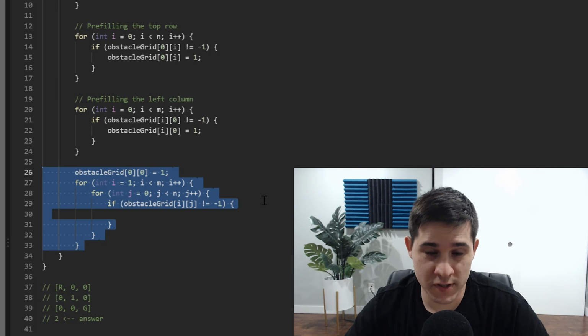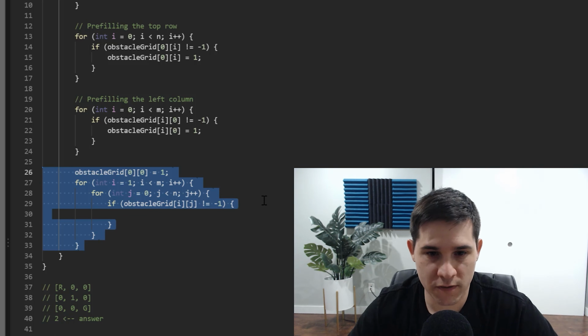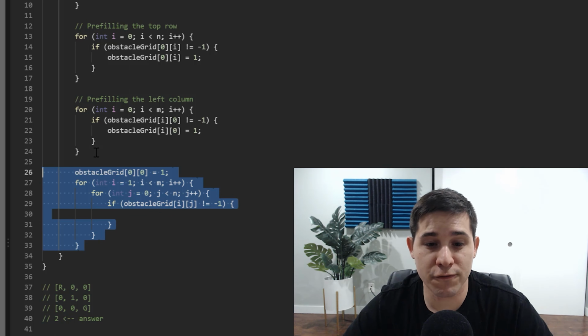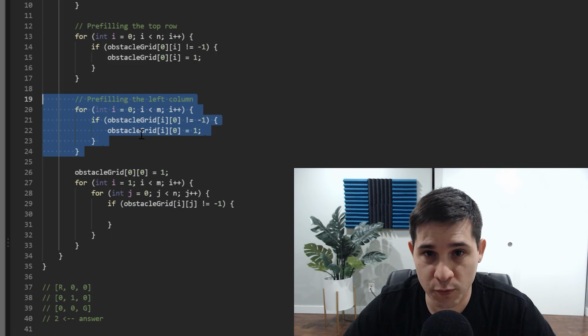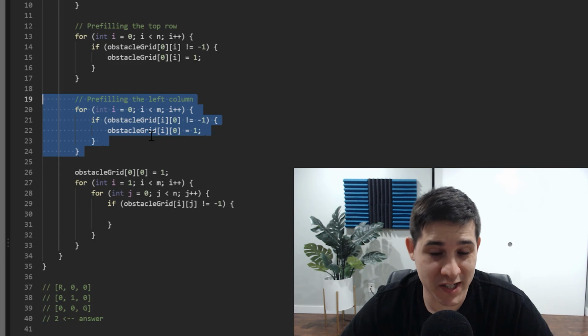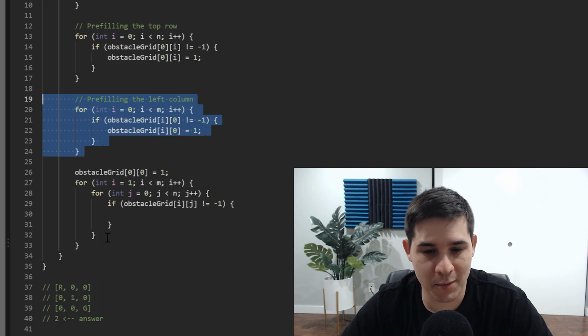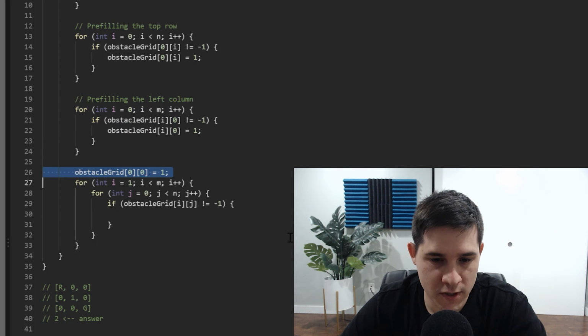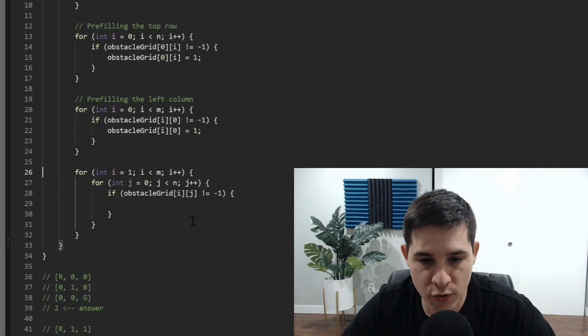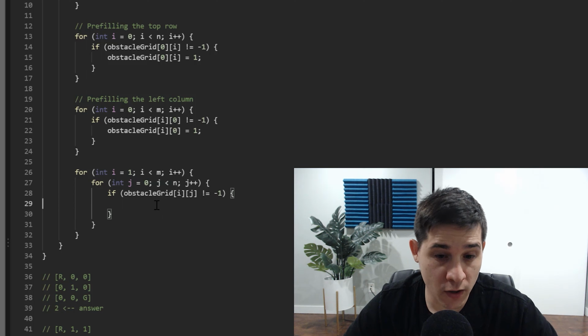Honestly, if I were in an interview, this is exactly what I would do, because whenever I'm writing the most complicated part of the algorithm, if I can find a way to simplify it, I'm going to do it, even if it's an extra loop. As long as it doesn't affect the time complexity, I personally don't see the problem. So yeah, and this initial 0, 0 equal to 1 can be removed. So now that we've done that,